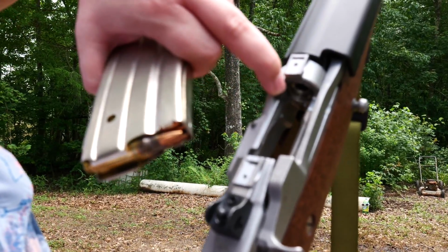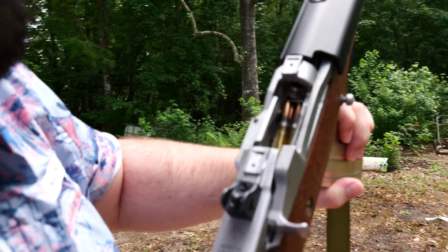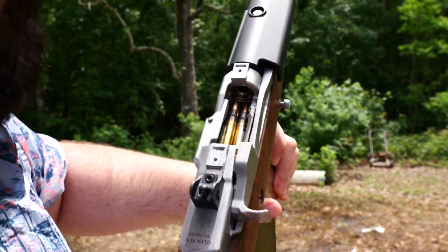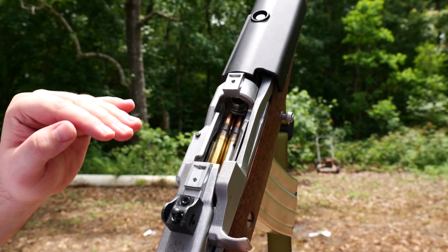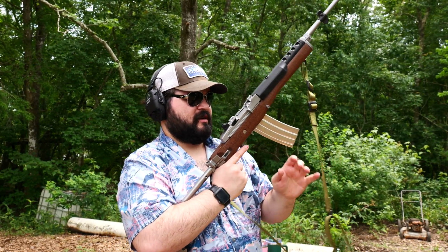There's a little notch right there. You see that right below the chamber? So what you have to do is shove the magazine in there high enough till it locks in, and then there, you're in. If you're not in there exactly right, it ain't gonna work, Chief. Okay, cool. So now,